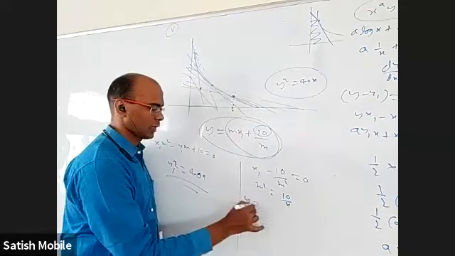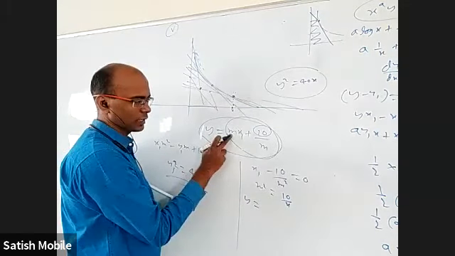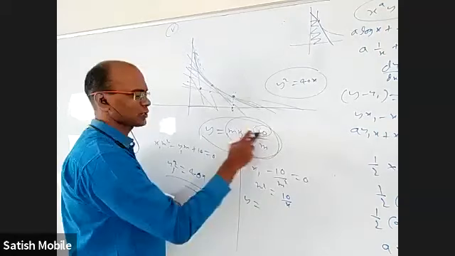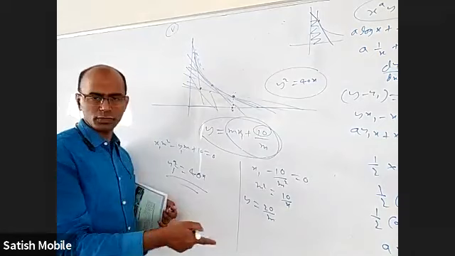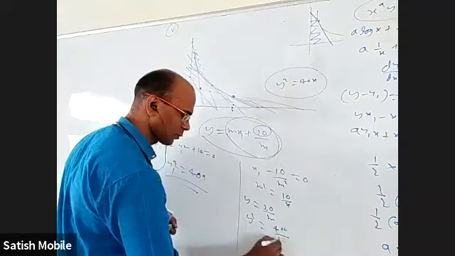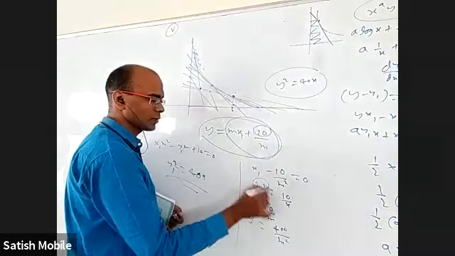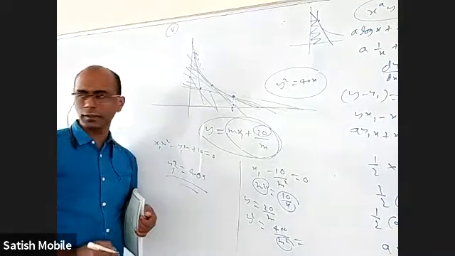So y is equal to, how to substitute it? First of all, I'll take the LCM. m square x, 10 plus 10 is 20, so it will become 20 by m. But I don't want m, I want it in terms of x1. So I'll square it, I'll get y square equal to 400 by m square. Again, in the place of m square, I can substitute 10 by x. When I substitute 10 by x in the place of m square, what will I get?